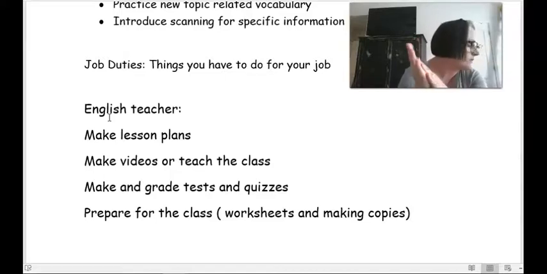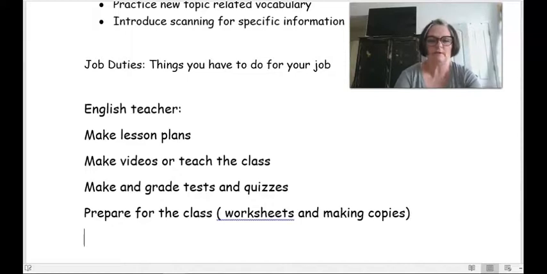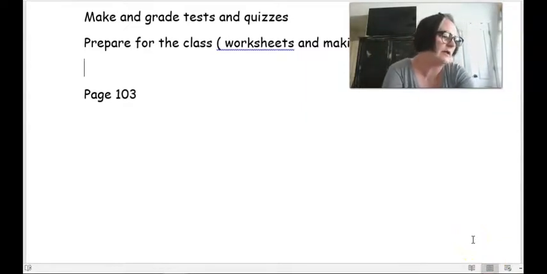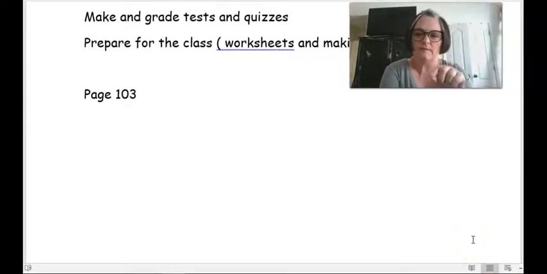Right? So let's go ahead and look on page 103. Okay, and on part A, down towards the bottom, there's a gray box that has vocabulary in it. I'm going to say the vocabulary and you can repeat after me. Assist the doctor. Assist the pharmacist.